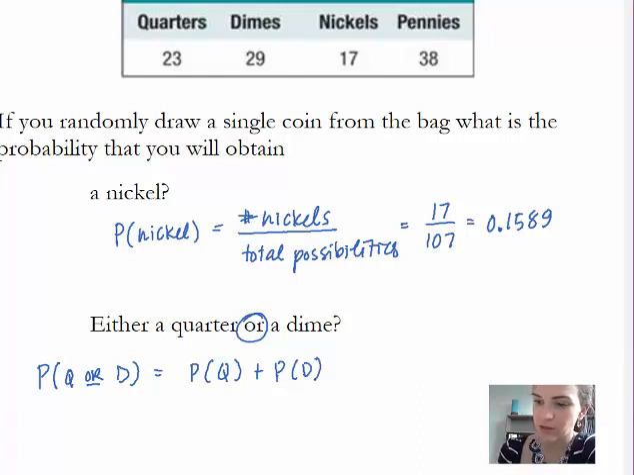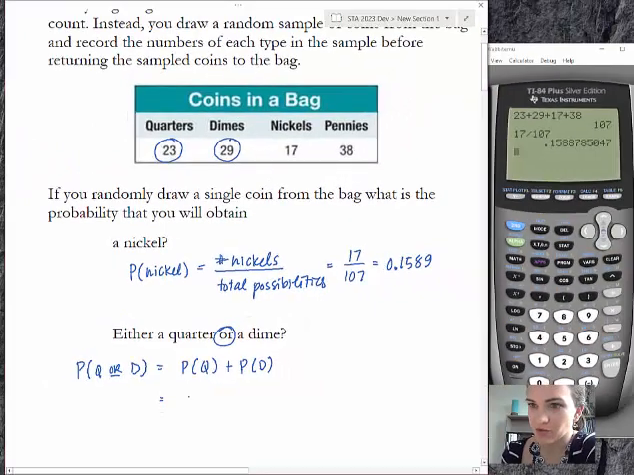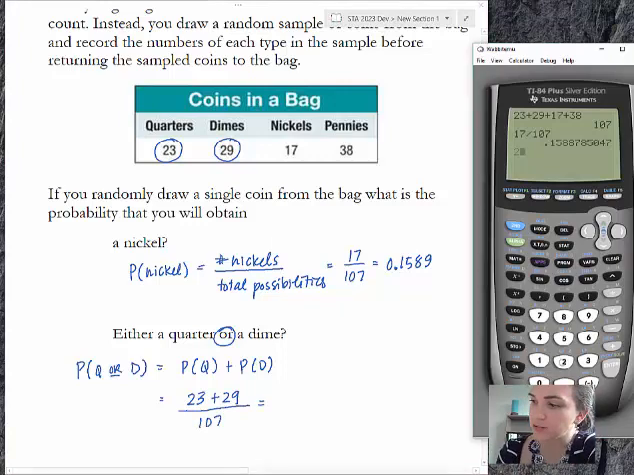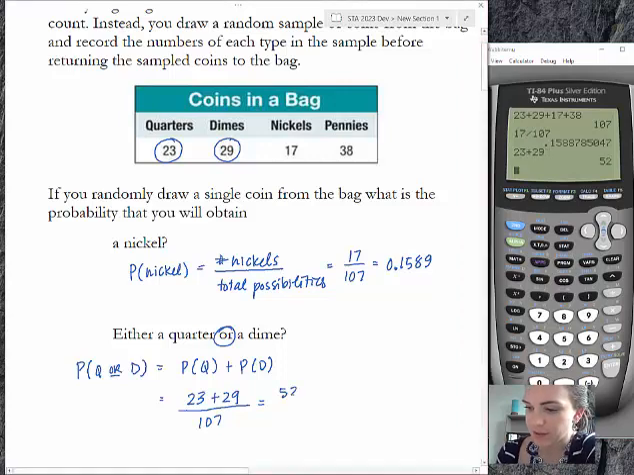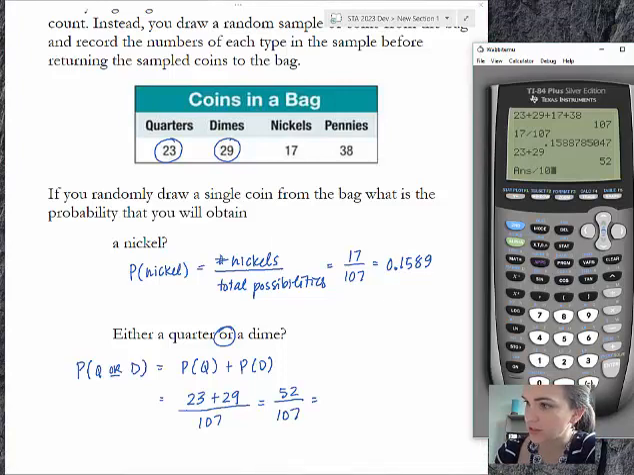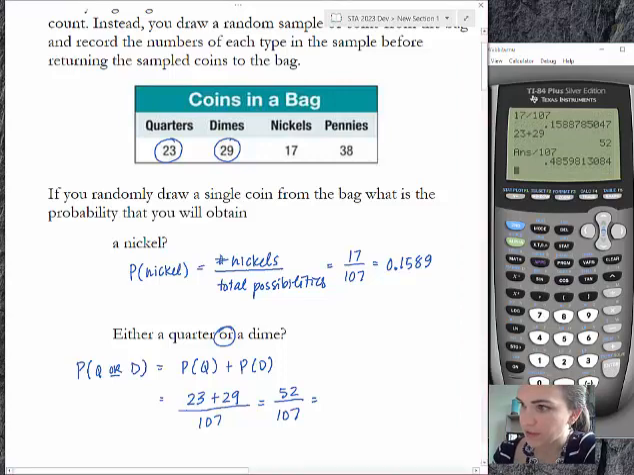Sometimes we just approach it as straightforward, like how many ways can we go? Well, we would be happy with 23 of the quarters or any one of the 29 dimes. So that's 23 quarters and 29 dimes. Either one of them would make us happy out of a total of 107 possibilities. So 23 and 29 together are 52, divided by 107 possible options. 52 ways to be happy out of 107 is a probability of